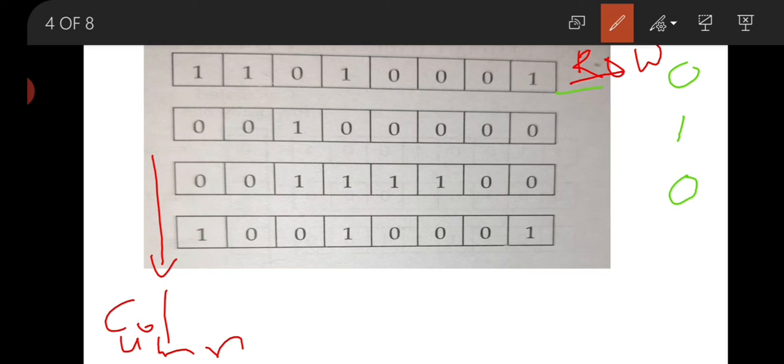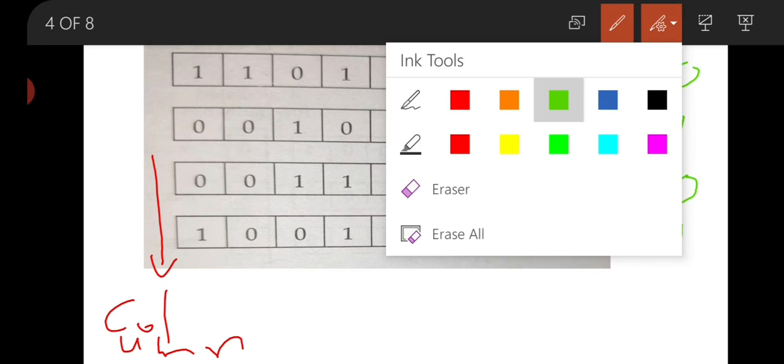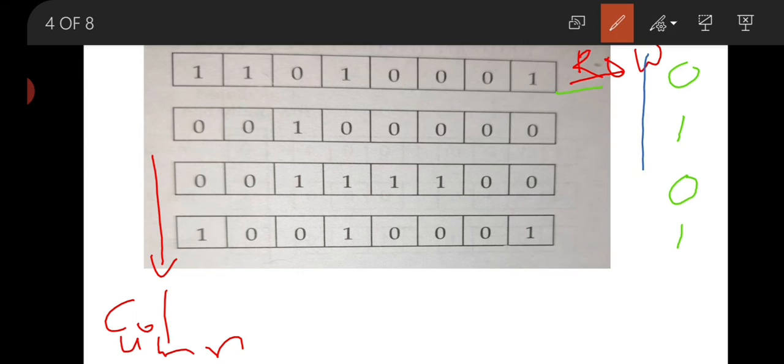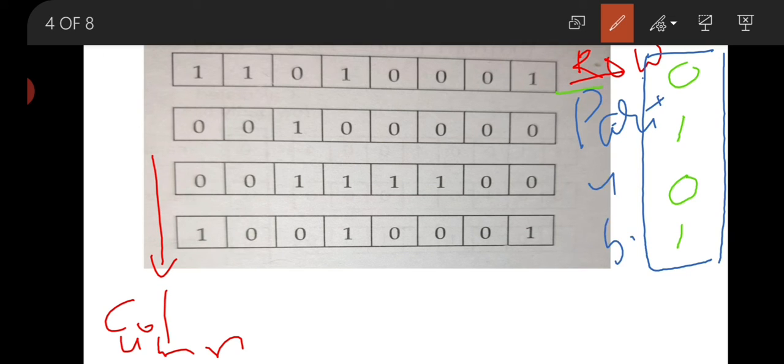Three ones are present, which is odd, and we will make the number of ones even, so our parity bit is 1. That means the row parity bits are 0 1 0 1. This is the row parity bit.